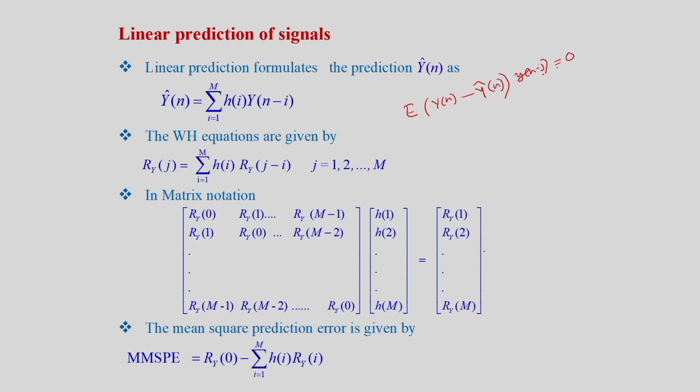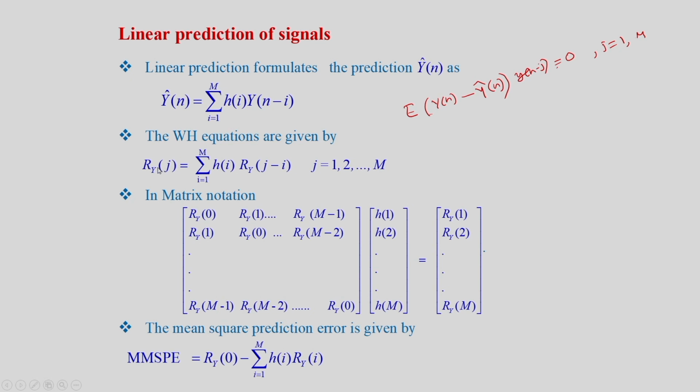Data is y[n minus j], j going from 1 to m, because we are using only past data, from n minus 1 to n minus m. Therefore, this is the orthogonality relation we get: E of y[n] minus summation y hat n into y[n minus j] is equal to 0. Error is orthogonal to data, and from that we directly get the Wiener-Hopf equation or normal equation,